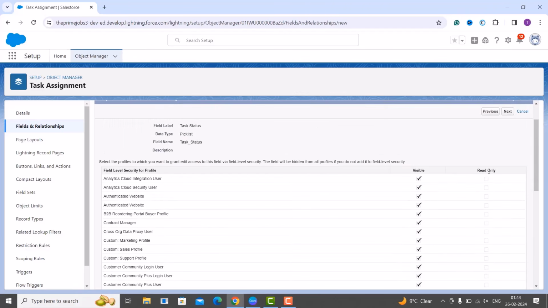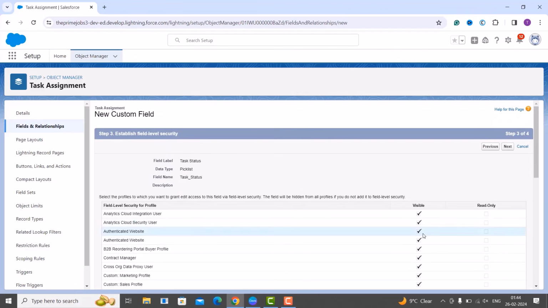If we check the required checkbox, it automatically checks the visible checkbox for all the profiles and grants them the visible access, and the read only checkbox remains unchecked, as it doesn't grant any profile read only access. So after that we simply need to click on next to proceed to the next step,